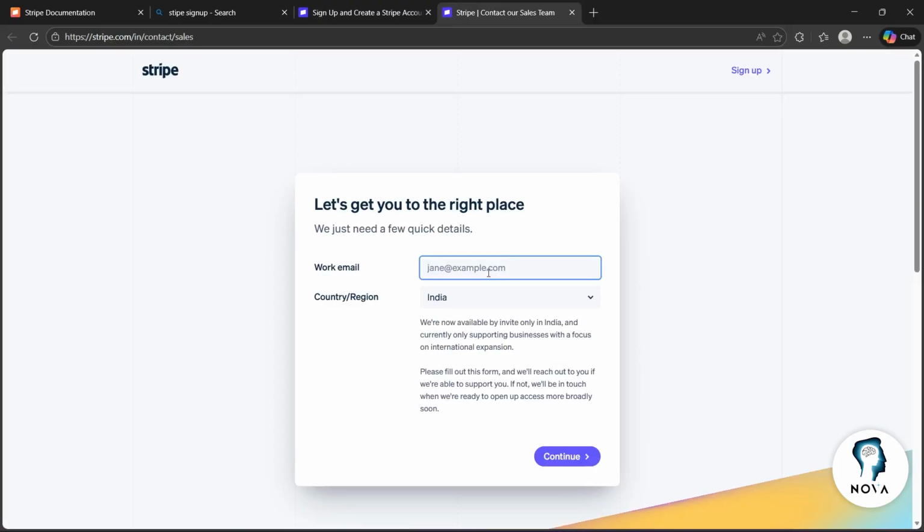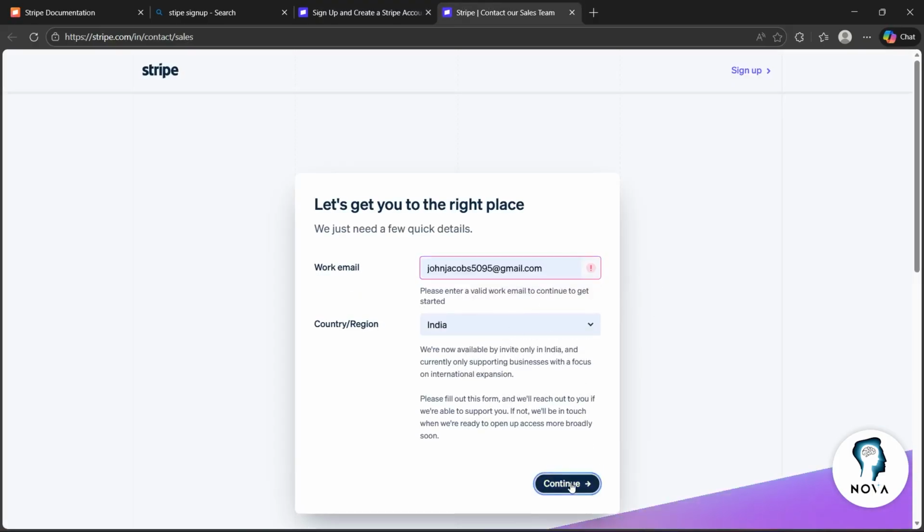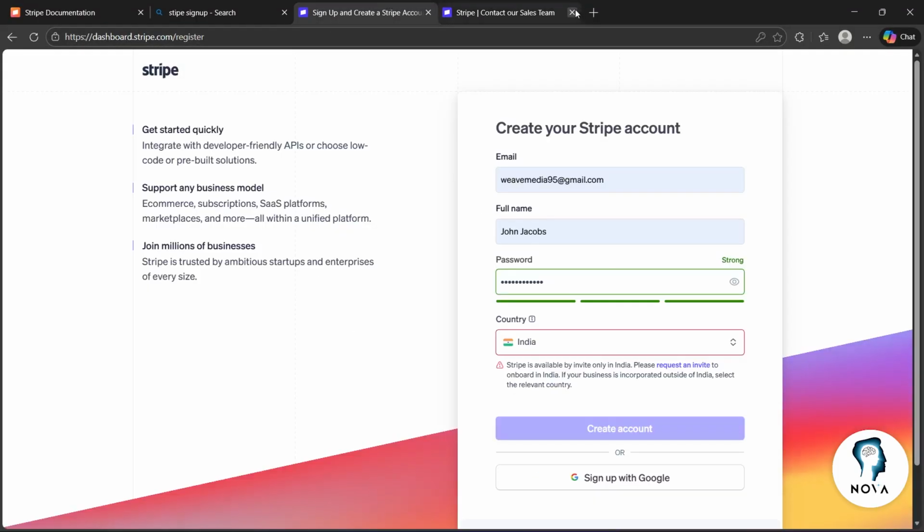Here, you'll have to simply enter your work email. So enter the work email here and click continue. After you do this, it will take you to another page where it will say wait for the invitation. After doing this, you'll simply receive an email from Stripe through which you'll be easily able to join Stripe. Simply click the link in the email and you'll be prompted to the page where you can enter your